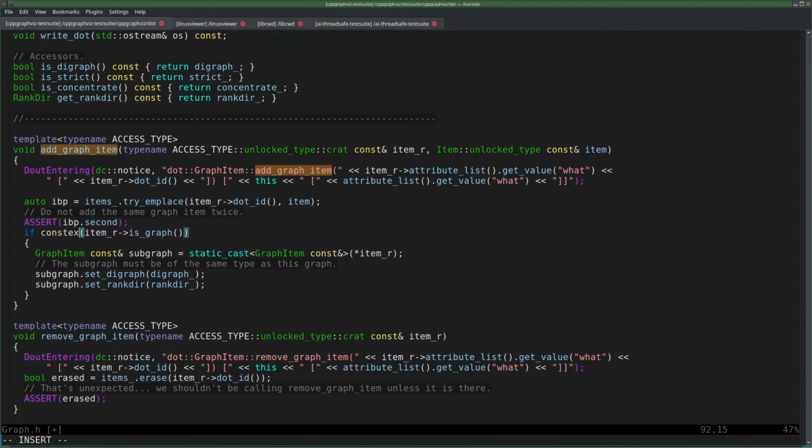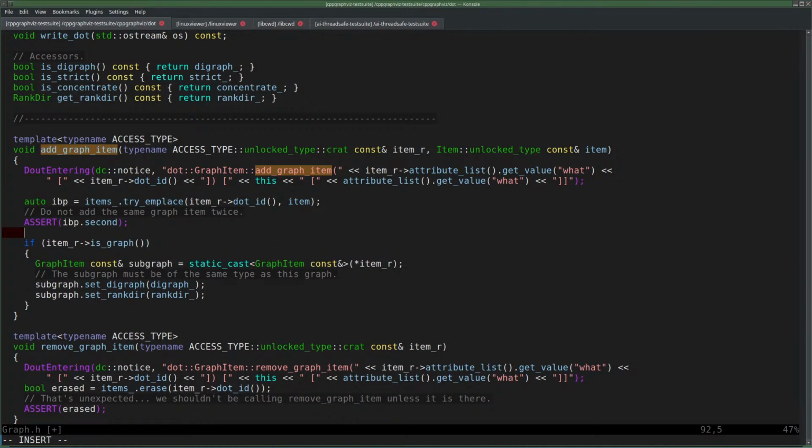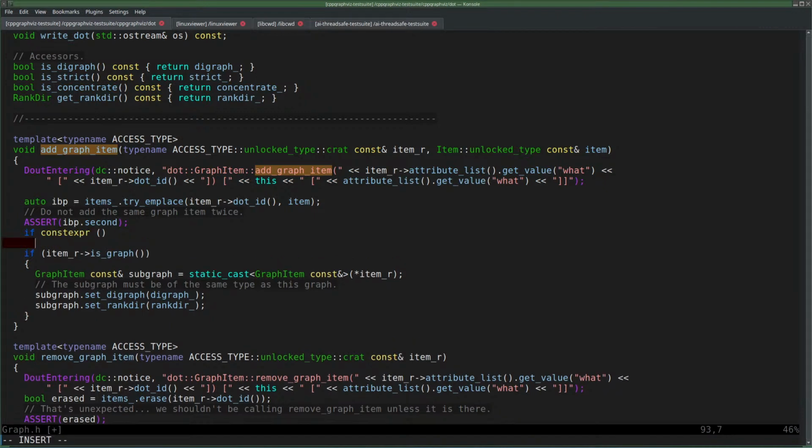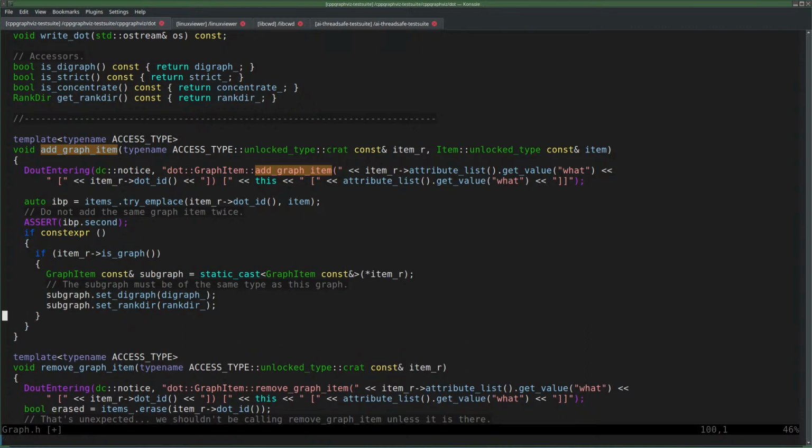I'm gonna make this a const expression. Can't make it a const expression. Wait a minute. Let's put a const expression here. Const expression something. Then the const expression test here must make sure that this compiles.